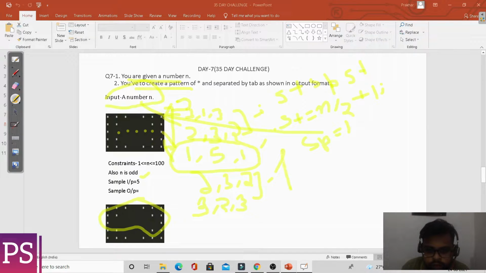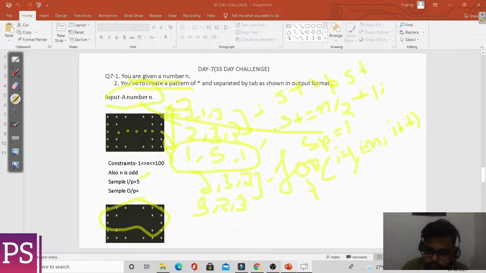Now we will use our renowned for loop, i equal to 1, i less than or equal to n, i plus plus.